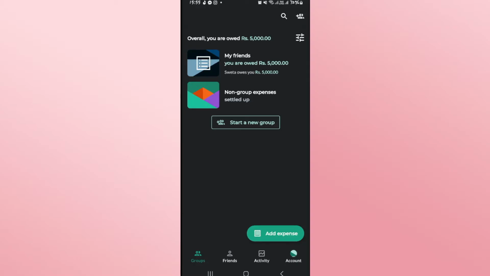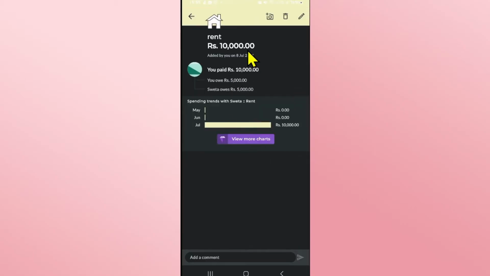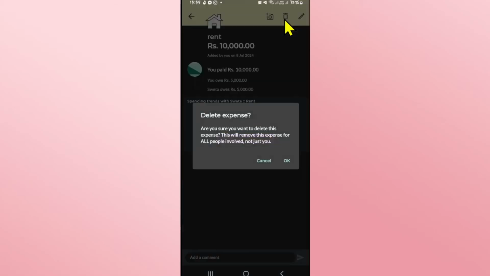After logging in, you will be taken into the homepage, from which if you wish to remove yourself from any expense, then you will need to visit the group where this expense is located first. Just locate this expense and then tap on it, and you will see the history of this expense that you have. If you wish to remove yourself, tap on the delete icon at the top right corner, and you will